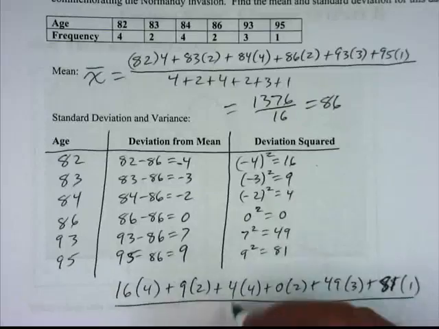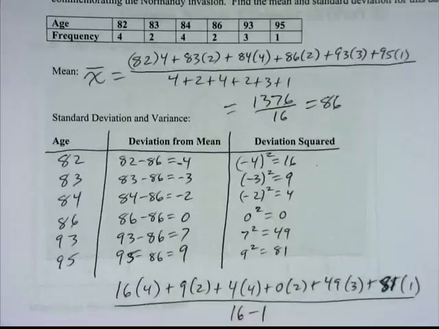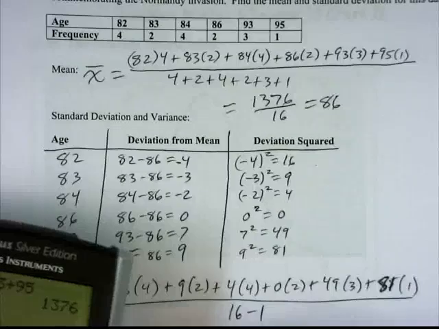And then remember we have 16 minus 1 is what we want to divide by. So when we do this, we get 16 times 4 plus 9 times 2 plus 4 times 4 plus 49 times 3 plus 81. We get 326